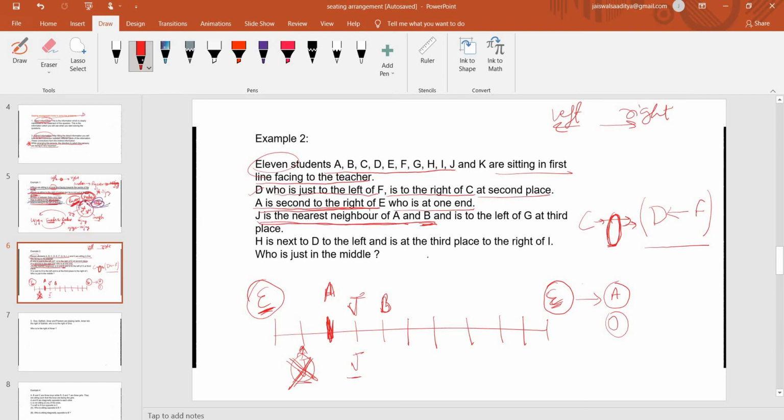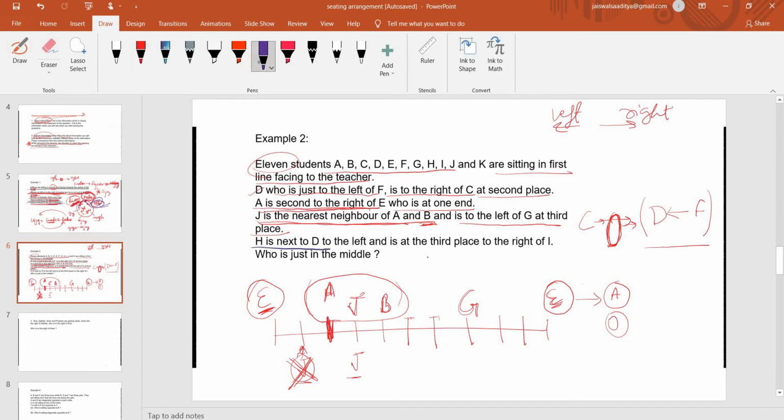J is to the left of G at the third place. See, all the things are to the left of G but at the third place. So see, 1, 2, G. Correct? The third place is G. 1, 2 and the third place is G. Correct? Now again see,